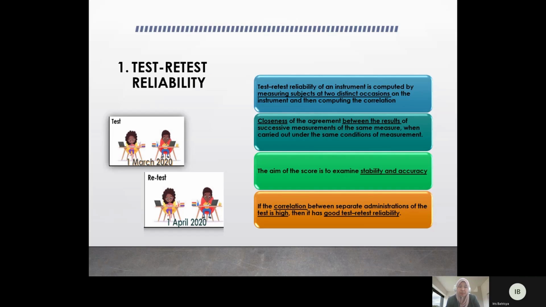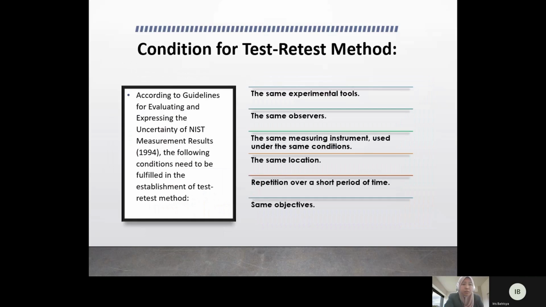As you can see, I have tried to explain in graphic. The first test is on 1st March and the second test is on 1st April. Okay, in these 2 pictures, the same respondent take the same test at the different time. According to the test-retest method,